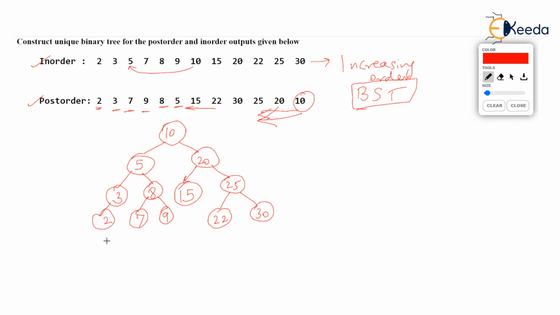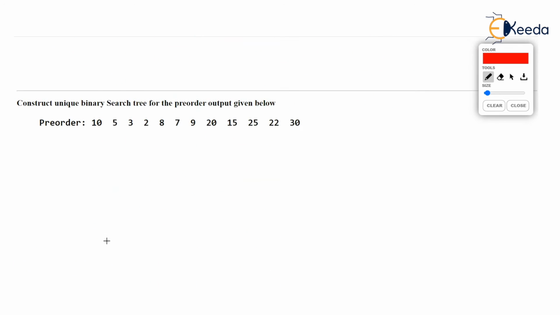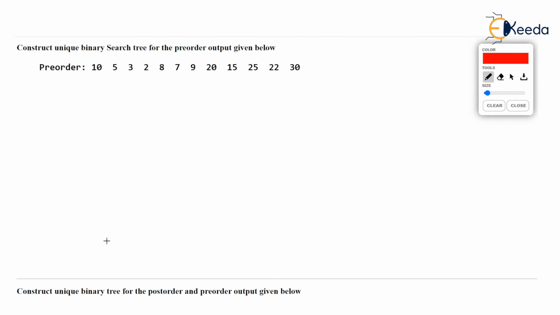Okay, do you have any other exercise here? Yeah, this is very interesting. You just check this. We are asked to construct a unique, just check this word, binary search tree. Now, the question clearly says that you construct a binary search tree and only the pre-order output is given. Interesting. Now in-order is not given, only pre-order is given.